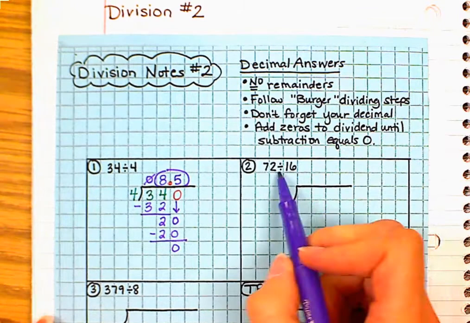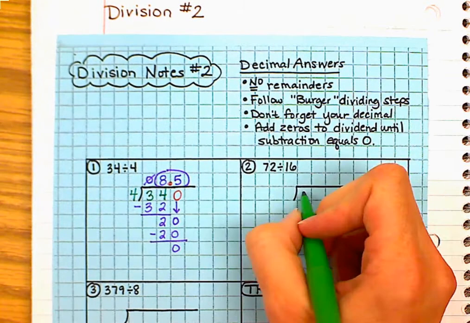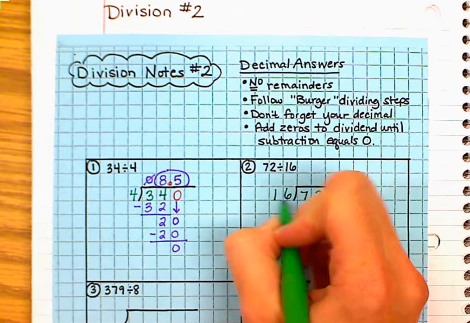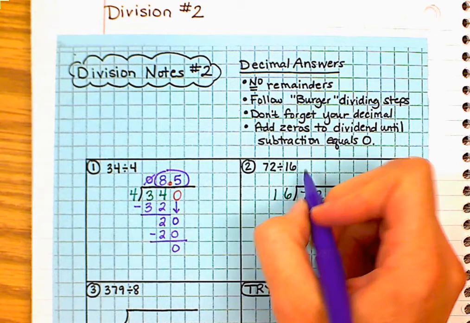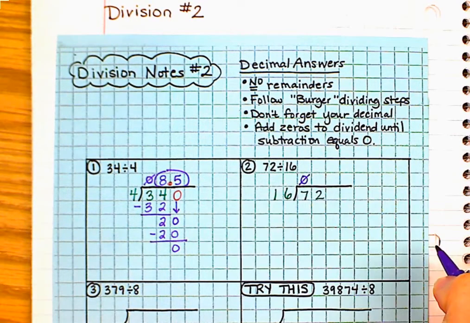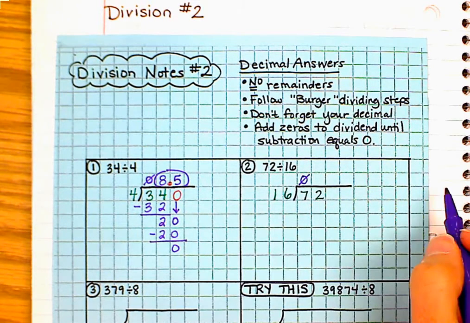72 divided by 16. So our dividend goes on the inside. 16 is my divisor, so now this is dividing by a 2-digit divisor. Okay. So then we start dividing. 16 does not go into 7, so put your placeholder. 16 does go into 72, but we need to think about how many times. So take a guess, and then just use the side of your paper as a little bit of scratch paper. I'm going to guess,